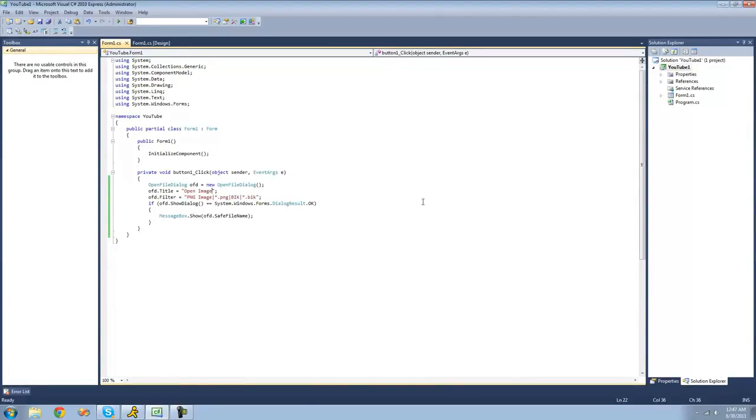So that's pretty much it. That's pretty much all there is on OpenFileDialogs. There are a few other properties that you can browse through here on your own, like, I don't know, ShowHelp, I guess. But yeah, there are a whole bunch of other